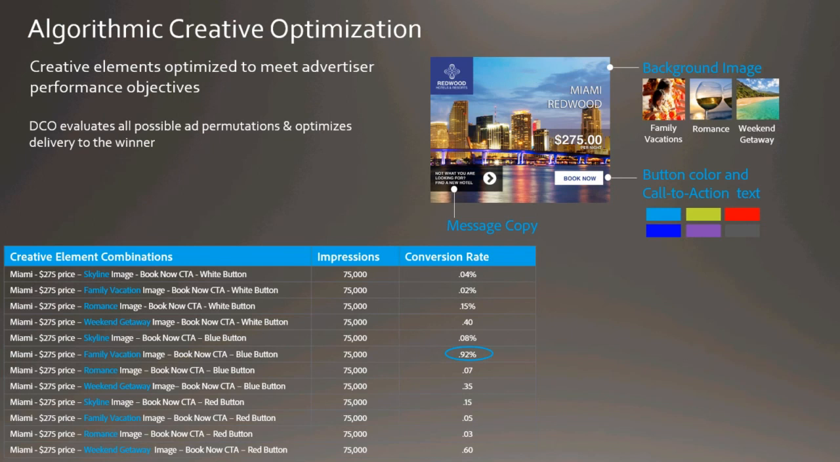So beyond retargeting, DCO can be used for upper funnel tactics like prospecting and awareness campaigns. And the algorithm can optimize a creative to drive the best performance for the advertiser, even if you know very little about that user. The algorithm evaluates all the possible ad permutations and optimizes delivery to the winner. So if you look at the